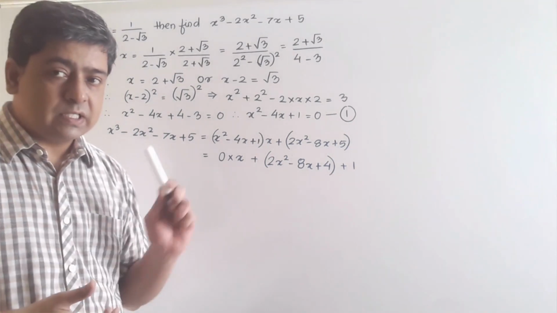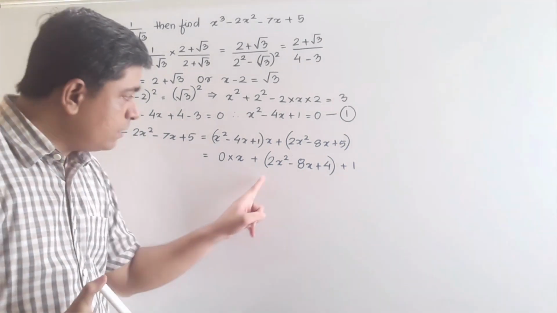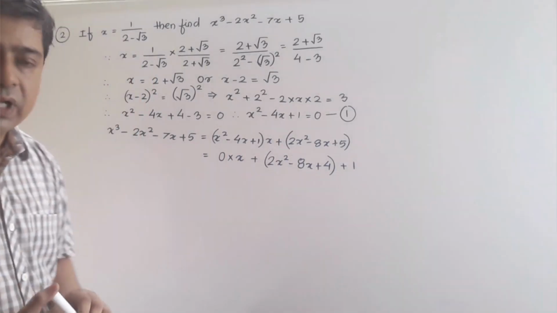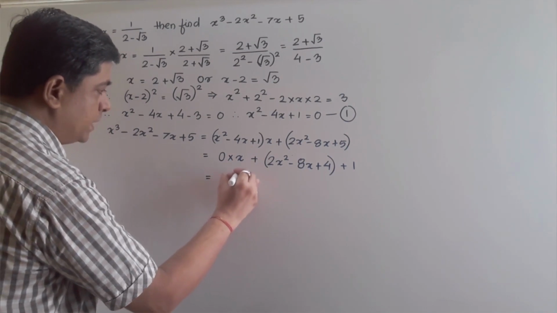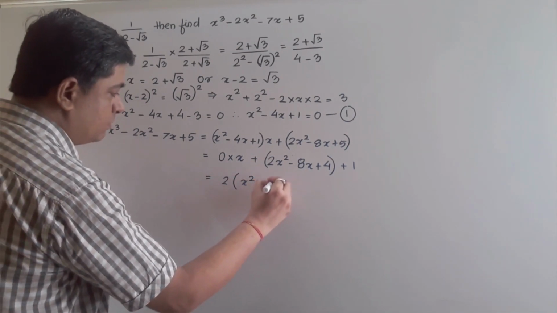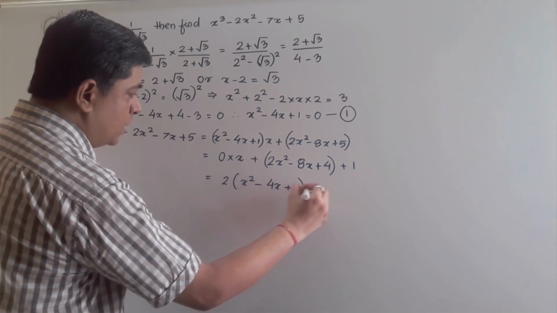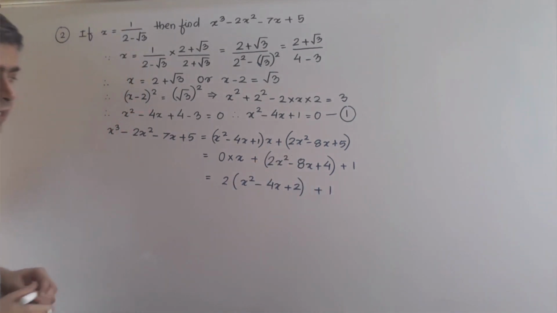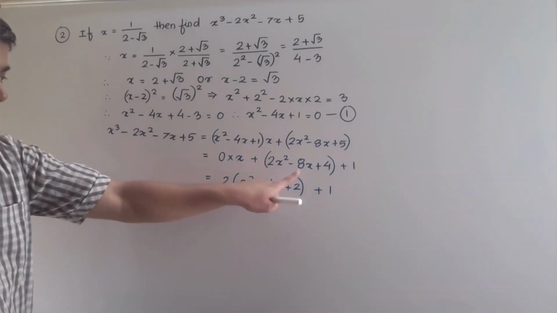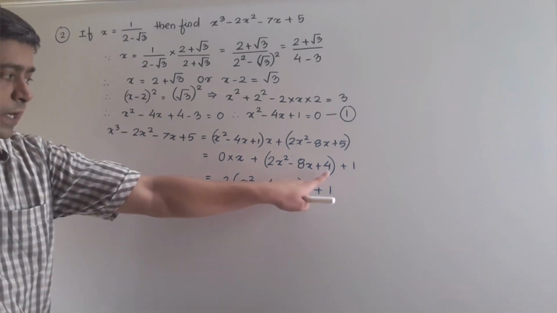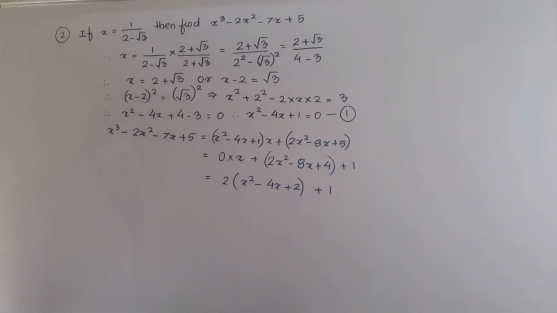Now by doing this way, see this is a small manipulation I am doing it here. I am taking 2 common from this particular bracket. This is becoming 0, so I am ignoring it. Okay, so now 2 I am taking common. This will be x square minus of 4x plus 2, and then plus 1 will be separately kept. Now one thing you observe here, 2 if I have taken common, then here I am dividing by 2, remaining is 1. Here I am dividing by 2, remaining is 4, and again dividing by 2, remaining is 2. Right? Now here x square minus 4x plus 1 is remaining.